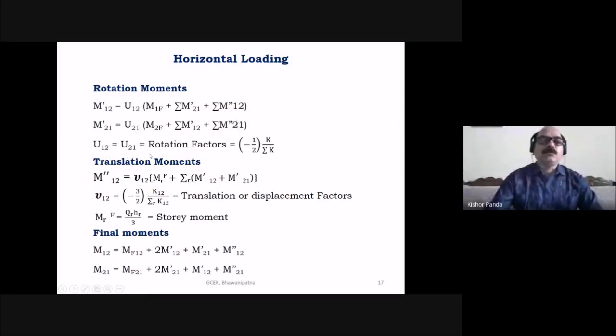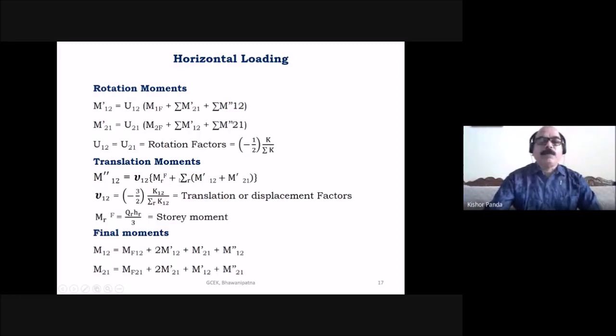So U1 2 and U21 are your rotation factors. This is equal to minus K by summation of K. Similarly, you can find out the translation moment. So translation moment m double dash 1 2 is equal to the translation or displacement factor U1 2, which is equal to minus 3 by 2 K1 2 by summation of K1 2,